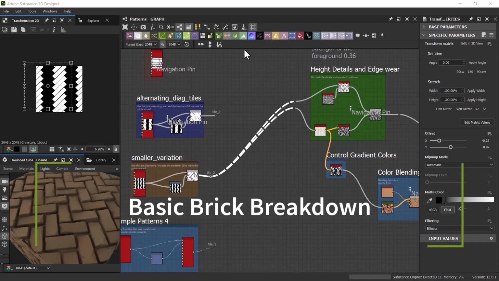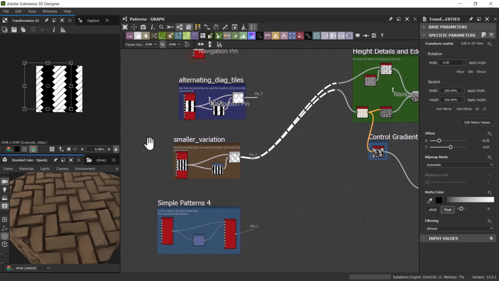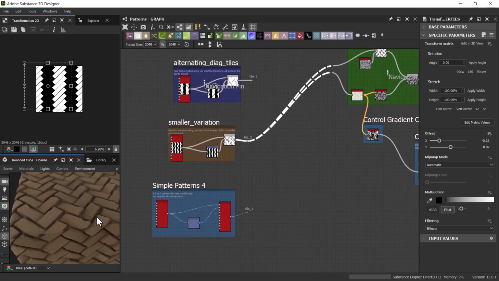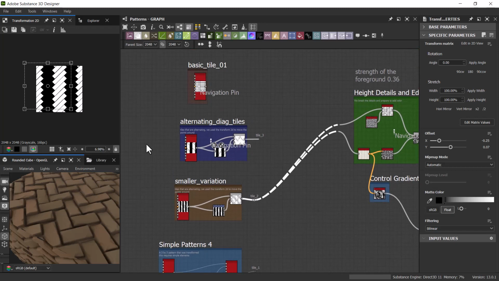Hello everyone. So this is a quick breakdown on how I made this material. Now this is not a complicated material, and this is not the best rock texture or brick texture out there, but I just want to bring out a few of these points and hopefully it might help you do this. So let me just start with this